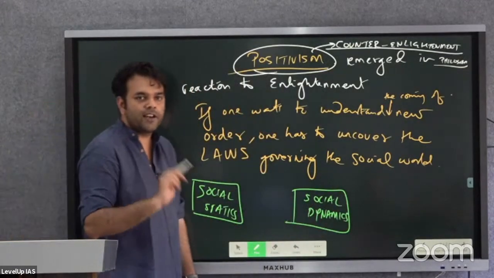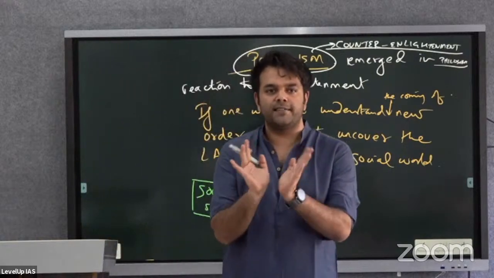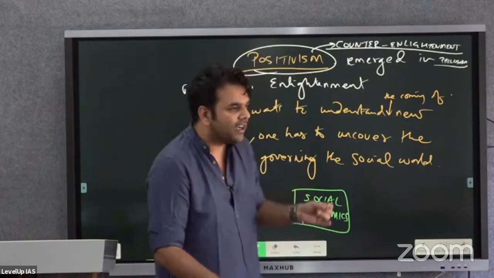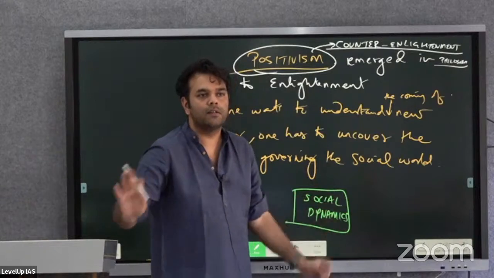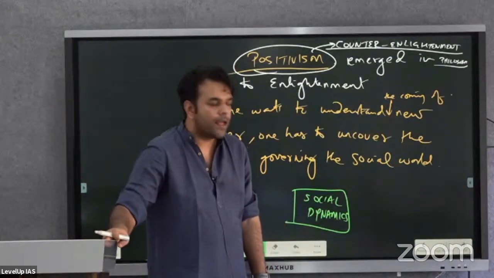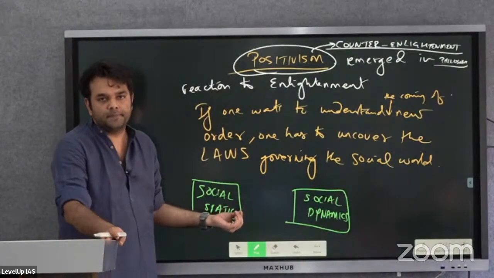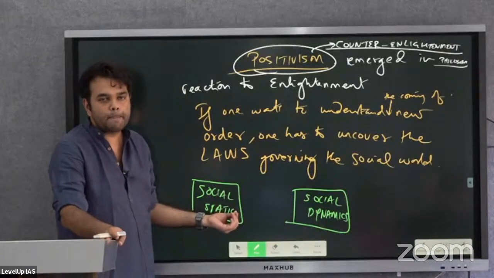Social statics and social dynamics. Social statics means society is stable. Social dynamics means society is changing. Simple. Social statics can be explained by